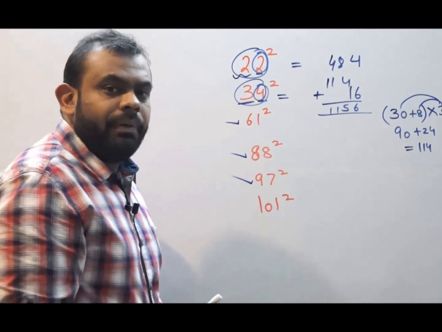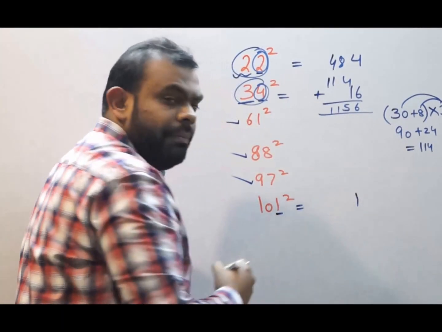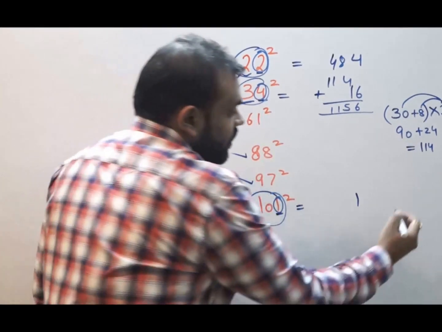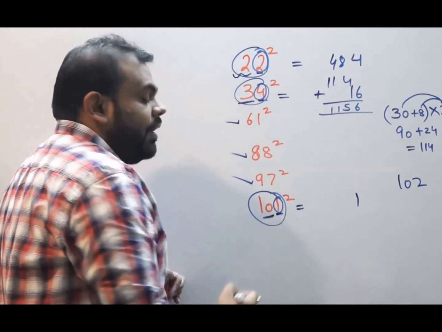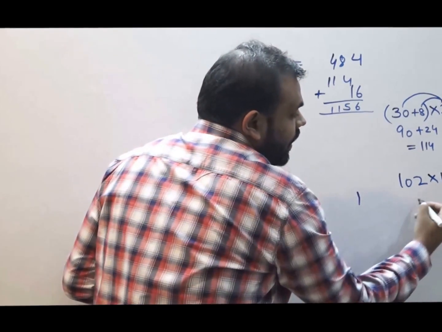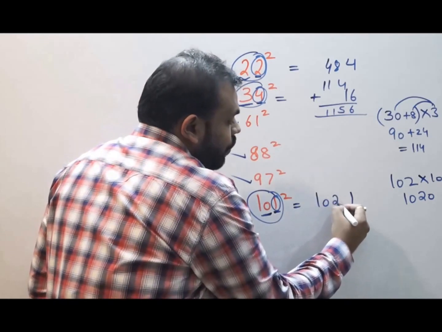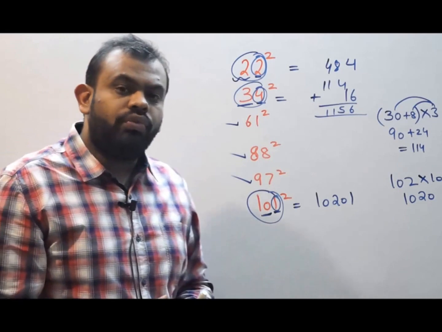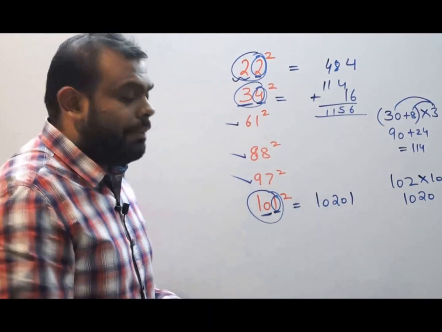I'll discuss the example of 101 with you, that is the square of 1 is given by 1. 101 plus 1 is given by 102. Over here the number is 10. So we multiply 102 with 10 and get 1020. And writing it down over here, hence the square of 101 is 10201.